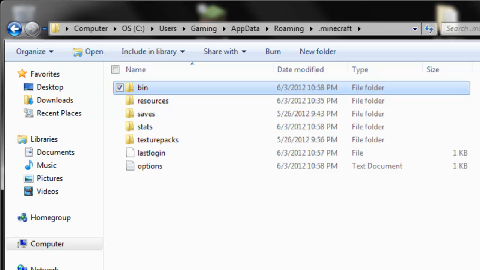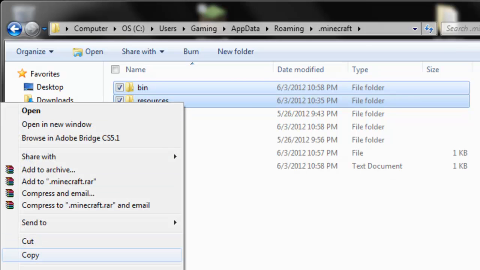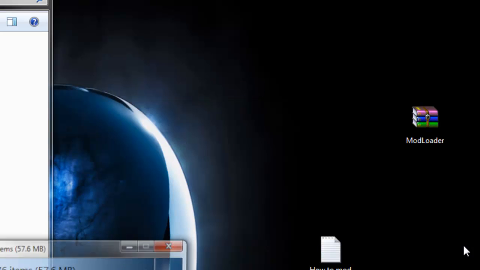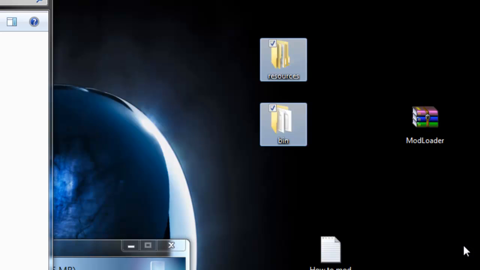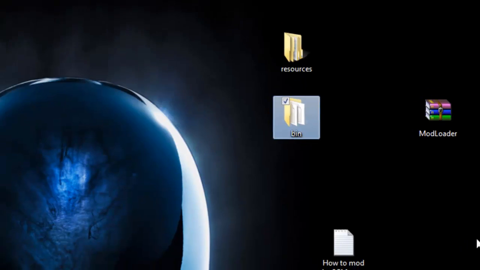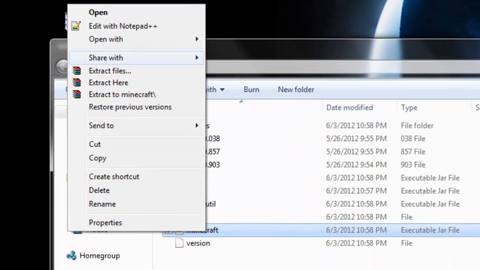We have to copy these, okay? So let's just go ahead and copy them right now. Right click, copy, and let's paste the bin and resources here on the desktop. So I'm going to paste them here, exit this off, and there's our bin and resources. Let's go into our bin, and right click our Minecraft.jar and open it